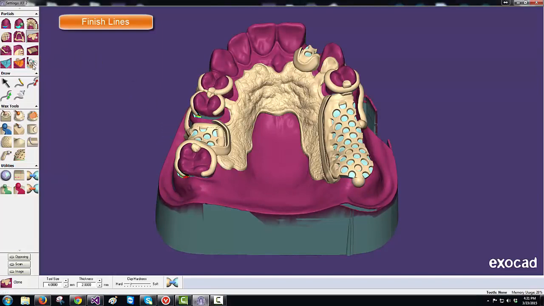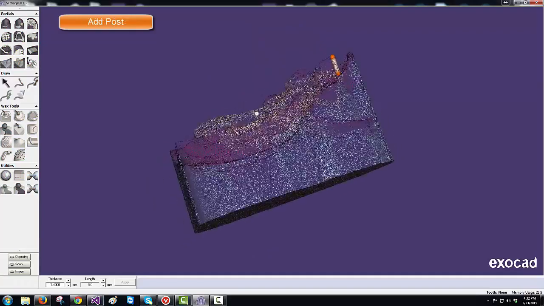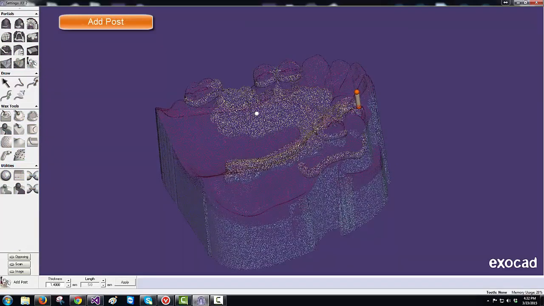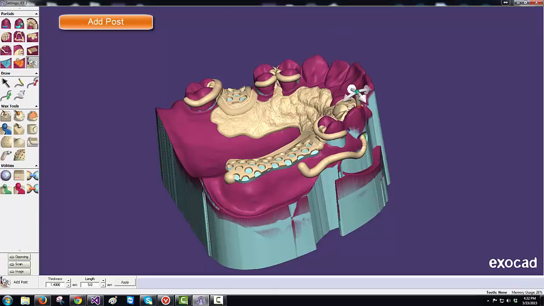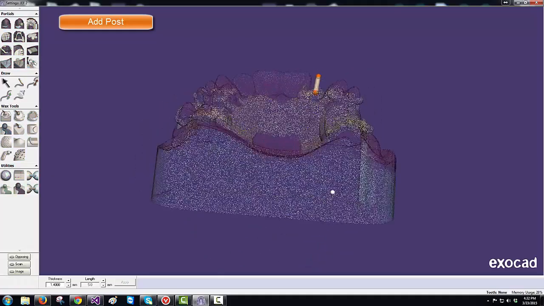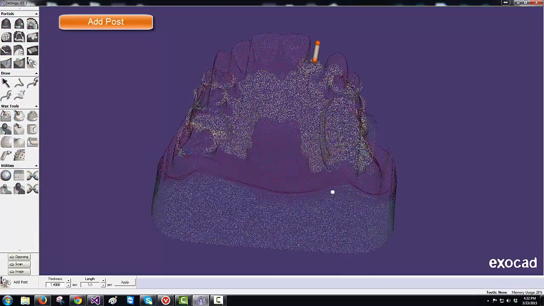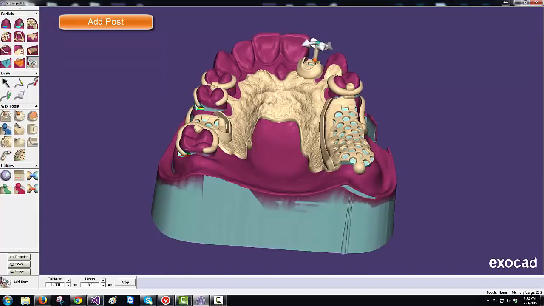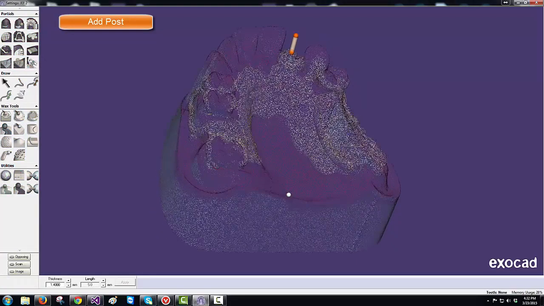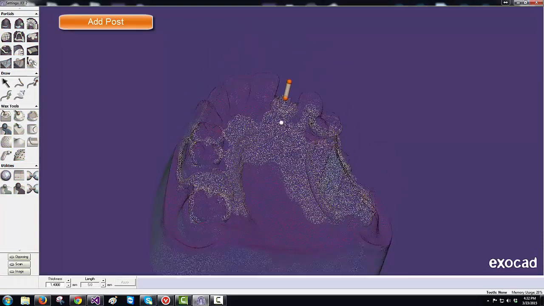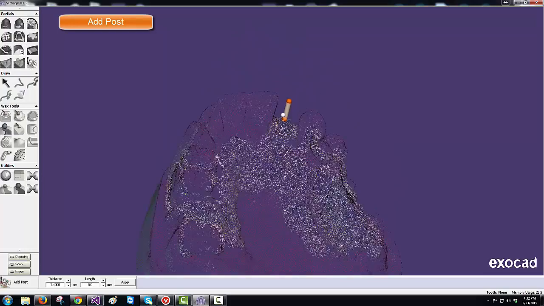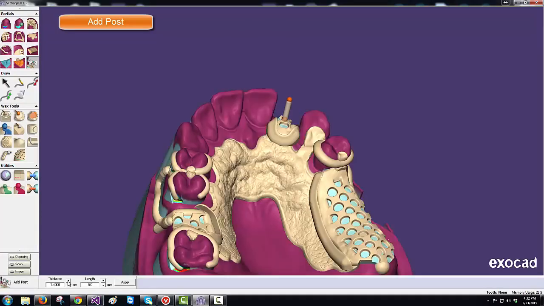If you want to add a post, you click on the add post tool, you click on the mesh area, you rotate the model so you can see the angle of the central. You want to line up with that, then rotate back for the left and right angle. You lock on to the orange ball on top of the post, click on the mouse and rotate. You can use the roller wheel to enlarge your image. Now setting the width and the length of the post is done in the Dynabar, and then you simply click